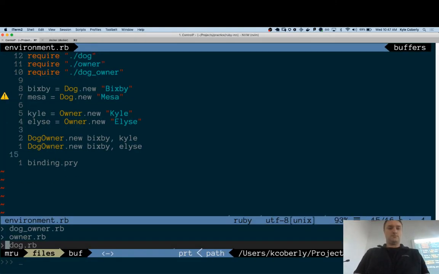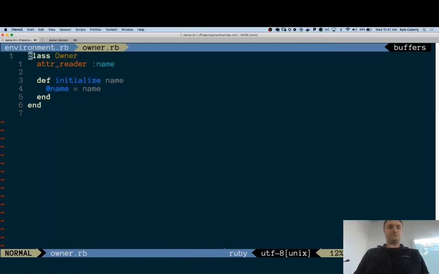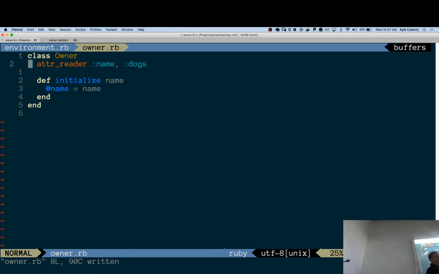Because if you write that, then you don't have to write out the methods individually for each variable. Wait, are we in owner? We're in owner. Okay, so if I do this, what's it going to be looking for with attr_reader? For dog to be initialized. Not necessarily initialized.